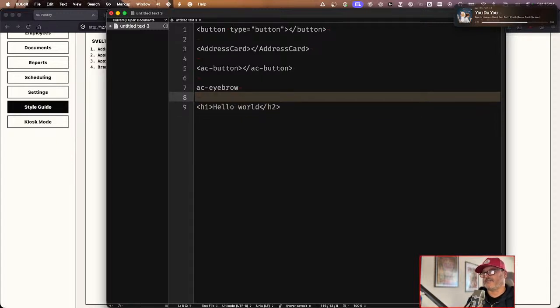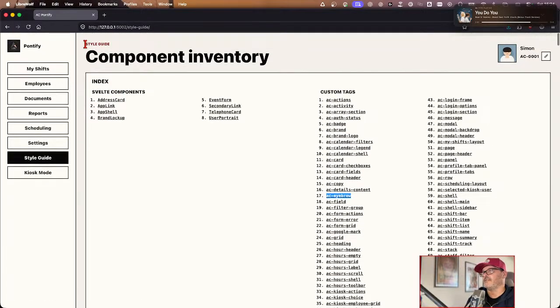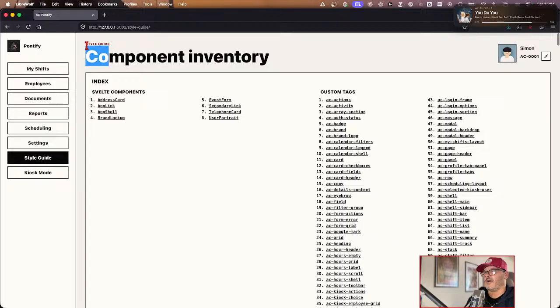And in design systems, you'll often have an eyebrow above it. So you might have span class equals eyebrow. And the whole idea of that is this sort of thing: you've got the title of your page, and then you've got your eyebrow text. The eyebrow is a completely arbitrary name, but it's something you'll often see in style guides. It'll be referred to as an eyebrow